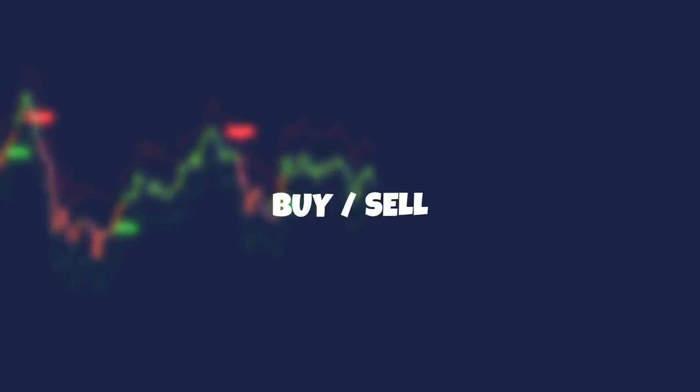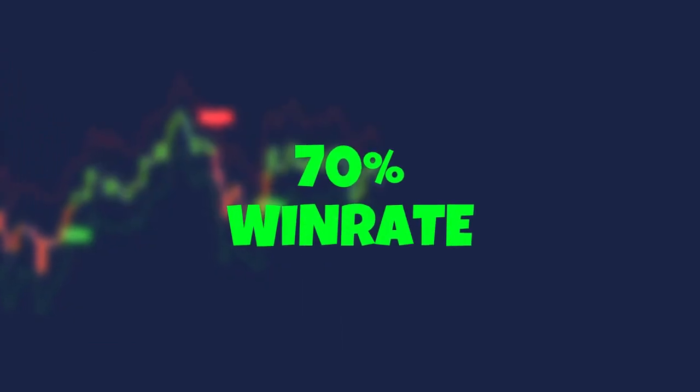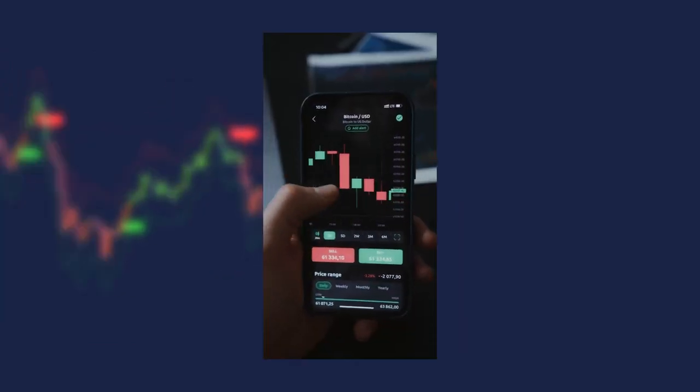Stop using ordinary buy-sell indicators. This secret indicator will give you a 70% win rate, and the best part is you only trade 3 times